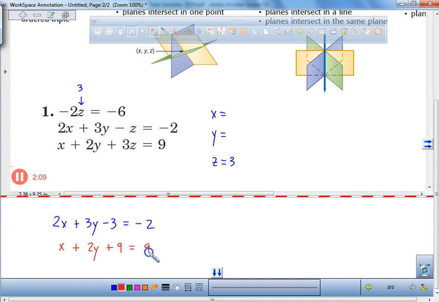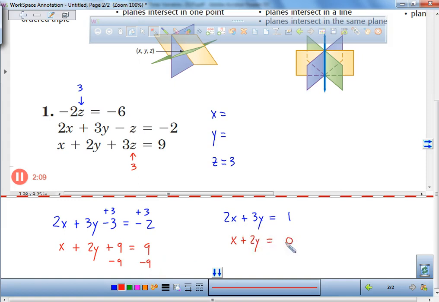Hopefully that's not freaking anybody out there. We're taking a 3, plugging it in. 3 times 3 is 9. We're done. Okay? Now, what we're going to do, everybody, I want us to add 3 on both sides. All right? So on this equation right here, what do I want you to do? I want you to add a 3 to both sides of the equal sign. So you're left with 2x plus 3y equals 1. In this one, I'd like you to take away a 9 from both sides, and you're left with x plus 2y